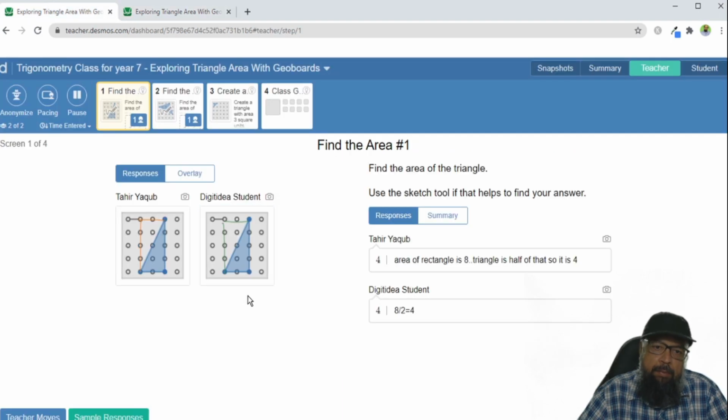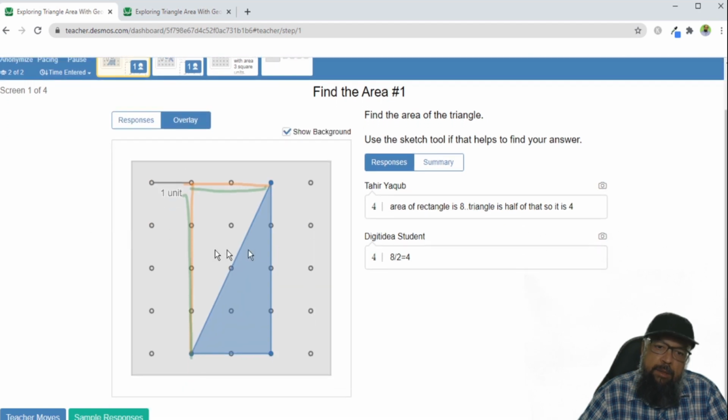And now I have submitted the response as a second student from my other device. So for screen 1, as a teacher, I can see both responses, and I can click on overlay, and these both responses will be on a single slide, because for some activities this might be important. On the right hand side, I can see the explanation of both students. Student 1 tried to explain in this manner, student 2 tried to explain in another manner, and you can see what approach they are using.